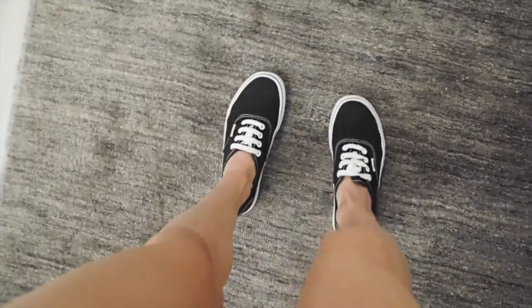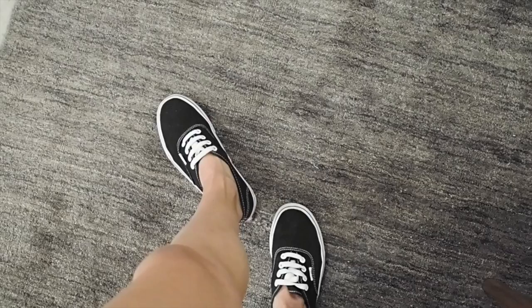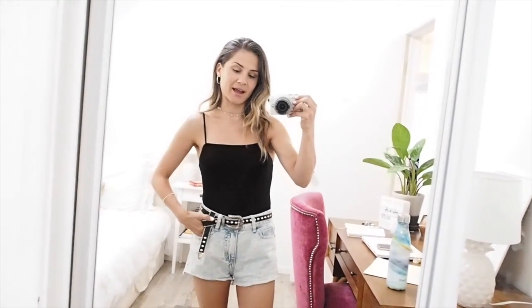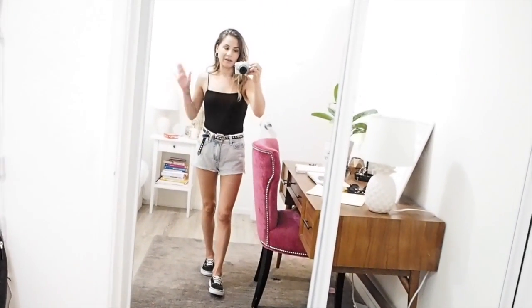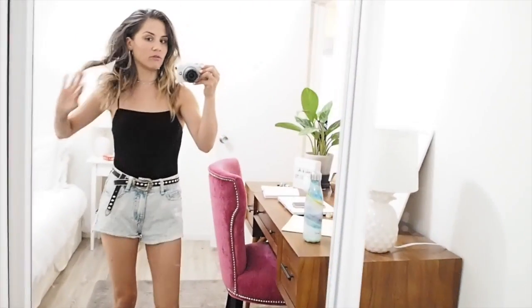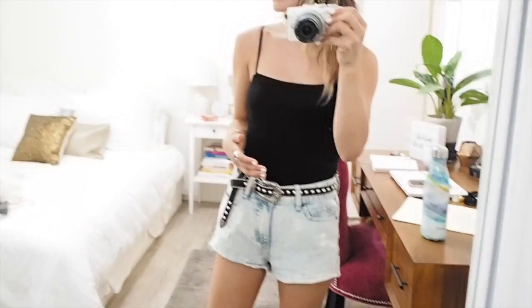And then on my feet, I'm wearing my low Vans. I have another pair of Vans that I love, but they hurt like hell. And these ones are just comfy and easy. And yeah, this is a super I'm not really doing anything kind of outfit, but I have to get dressed today. So yeah, I'm wearing this, and I'm probably gonna throw on a cardigan or something if I go